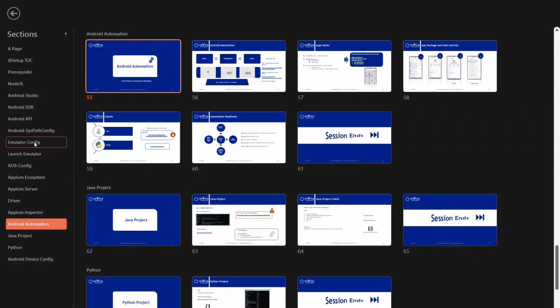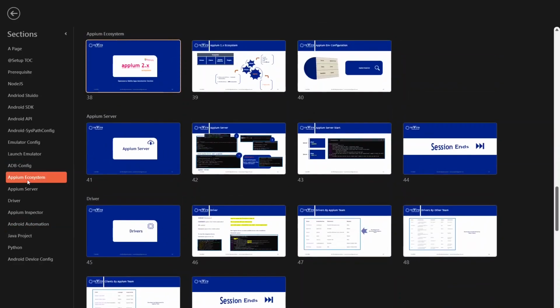emulator, followed by the emulator we need to launch and play, and then ADB config. We need certain command lines from the Android side, so that's why we have this one. And then the Appium ecosystem that we come across, and then